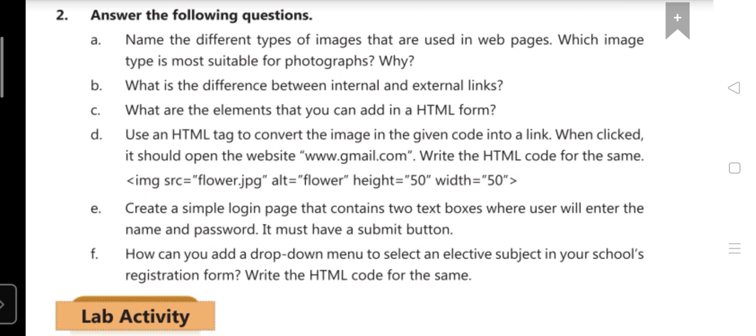Now F. How can you add a drop down menu to select elective subject in your school's registration form? How do you add a drop down menu in your HTML web page? Which element is used to create a drop down?